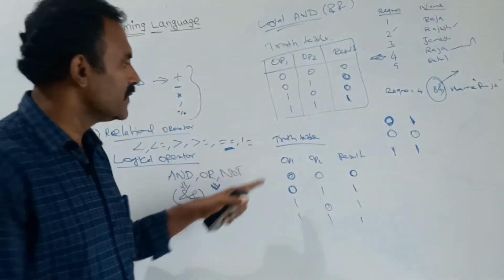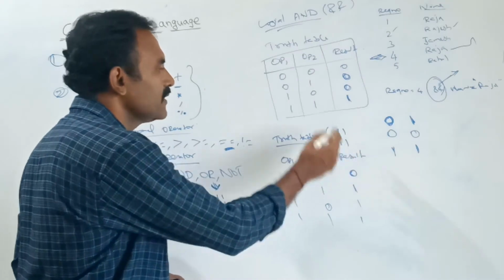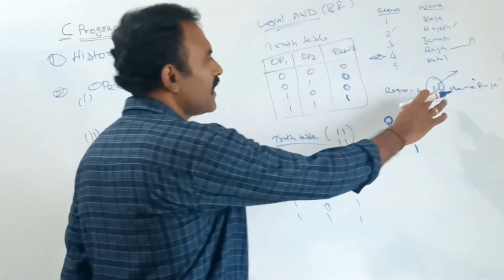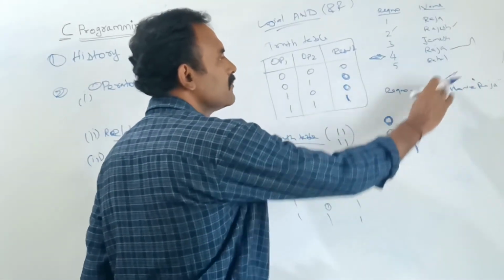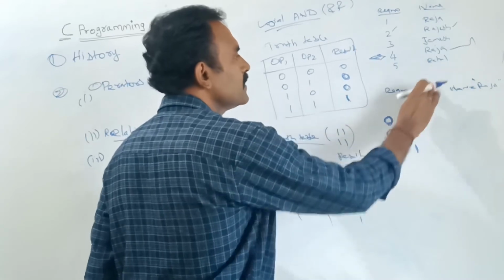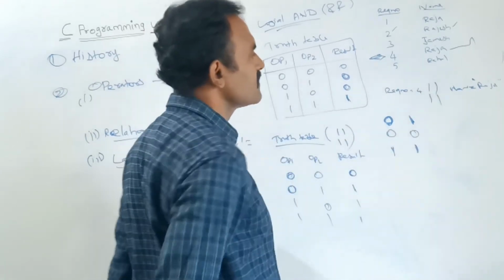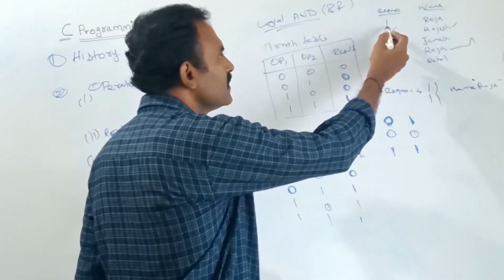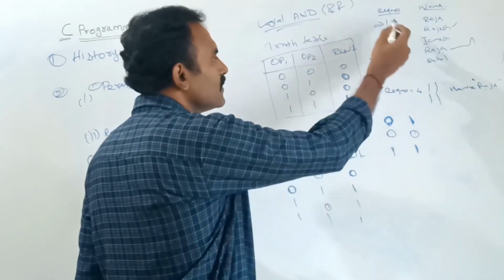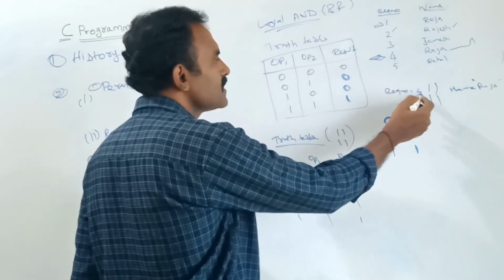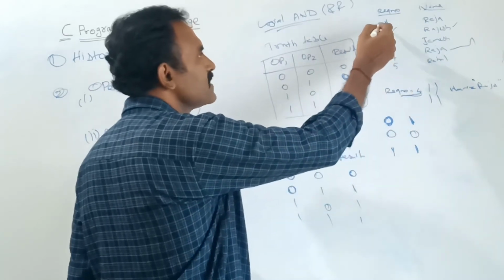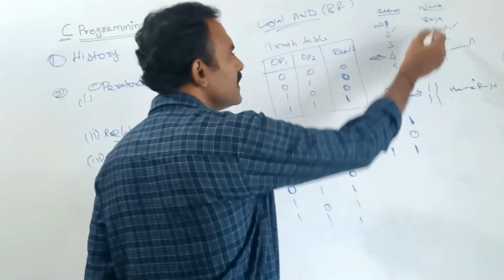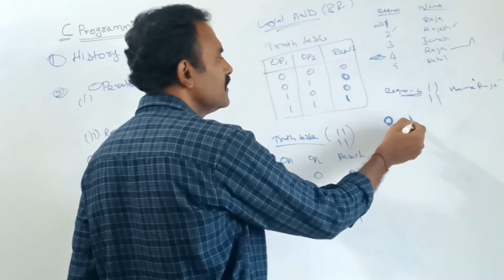The main thing you should remember here is that in the OR operator, if any one value is true, the result will be true. Suppose we are checking the same thing, but instead of the AND operator I am using the OR operator. In this case, if any one is true, the result will be displayed. That means it will check the first record. The first is 0, that is false, because I have mentioned register number 4, but here register number 1 is there. This doesn't match, so the result will be 0. And for the second, the name will match Raja, so the result will be true here.